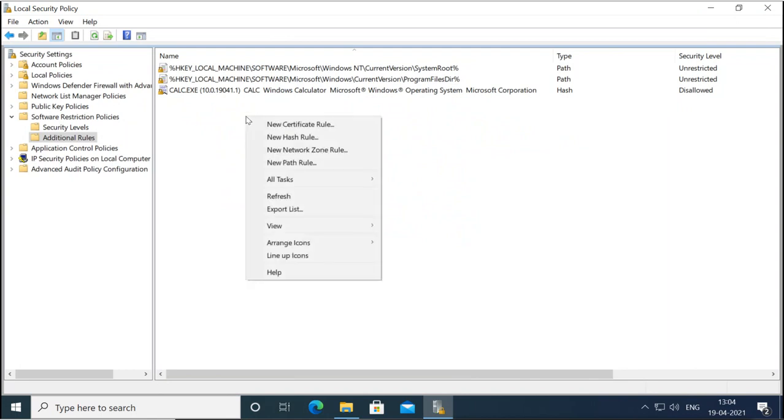Now certificate rules can slow down your system. It requires checking the certificate every time you open the application, and it will have to check the application certificate. Now whether your application certificate is from your local domain or your internet certificate server, it will make your machine slow. It will make the application slow. You can make the rule for the network zone also. We have different zones of network, so we can create the rule for different zones also.